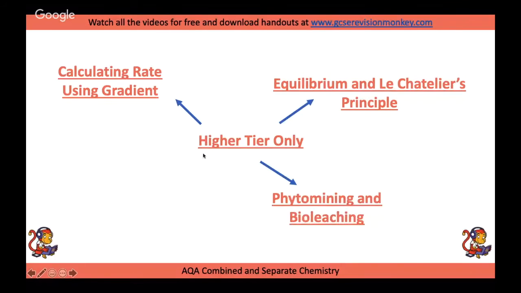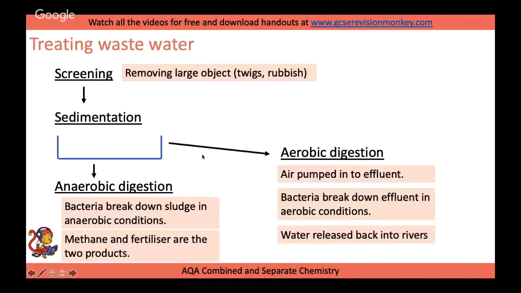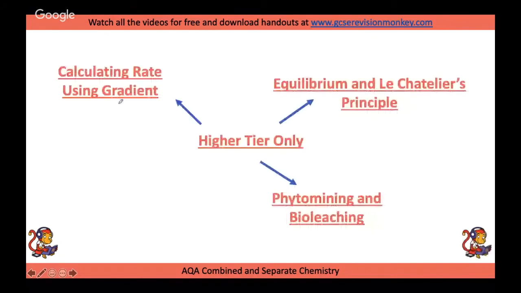So as you can see, there's not a lot of higher tier content on there. There's just three things to have a look at. We've already looked at this one, calculating rate using a gradient. So I'm not going to look at that again, but that's where we had our rate graph and we drew a tangent to measure the rate at a particular time point. That is a higher tier only thing, so I expect that in the